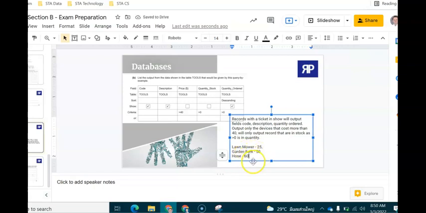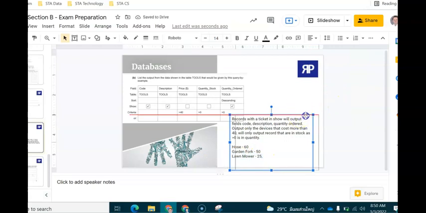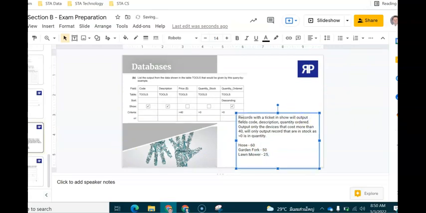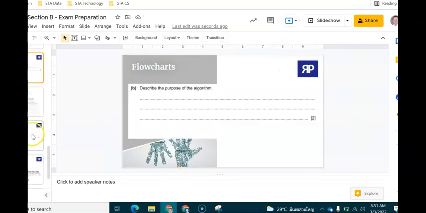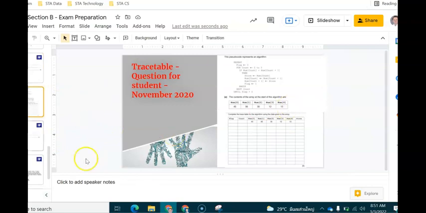So I may as well do this as we got this far. So in descending order, hose is going to go first. Okay, and then we're going to have our garden fork next, and then lawnmower will come last. And this is a complete answer to this question. So any slides which you can see where we have got red, obviously you're going to need to do these questions. I'm going to now add another one underneath databases here,